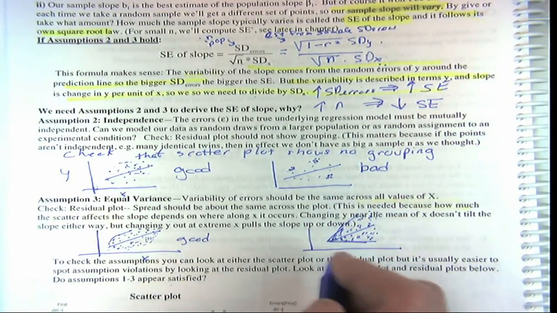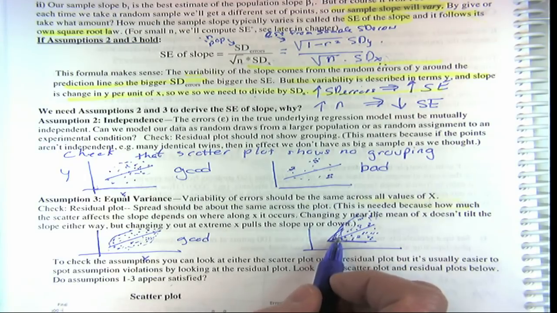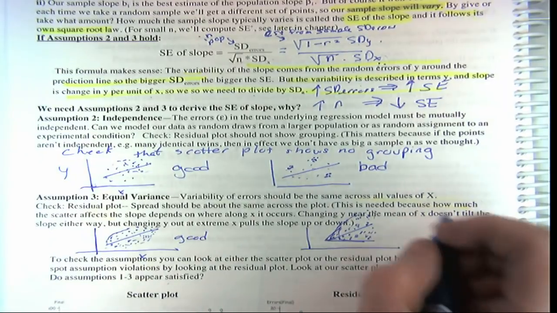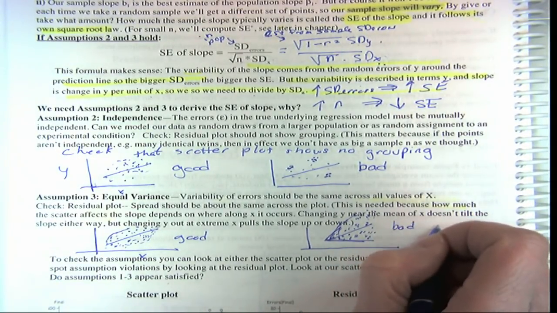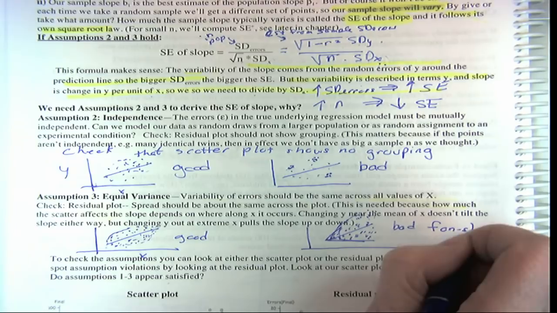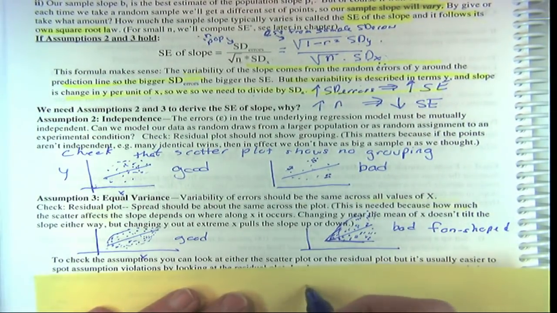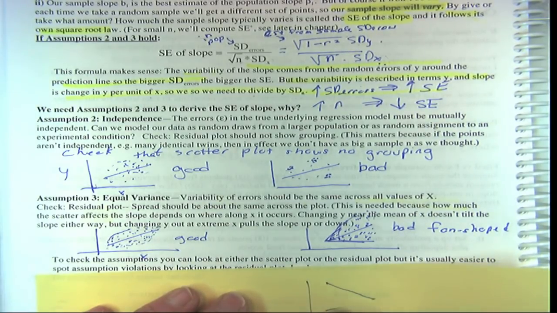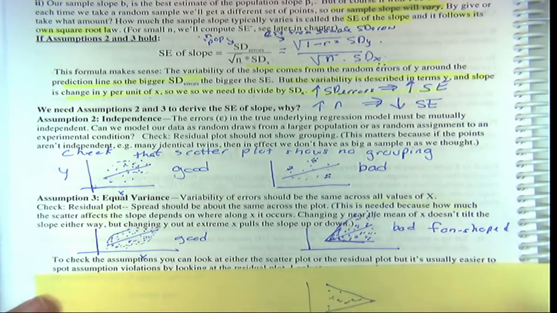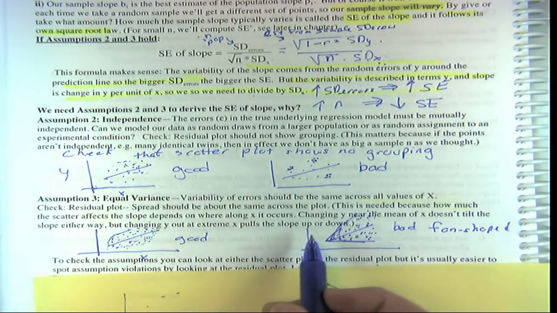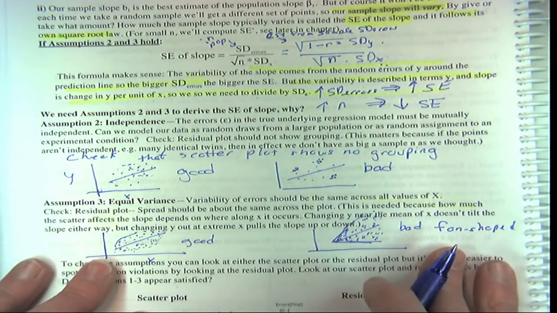There's not the same variability across. You have much better predictions when x is small, and the error gets big when x gets big. So that is bad. And it can be the other direction. They're fan-shaped. It doesn't have to be that way. You could, of course, have a fan that went that way too. That would be bad. What we really want is just the errors. If you look at the residual plot, it's a lot easier. Like if we were looking at the residuals, well, first let me just finish this. Okay, so